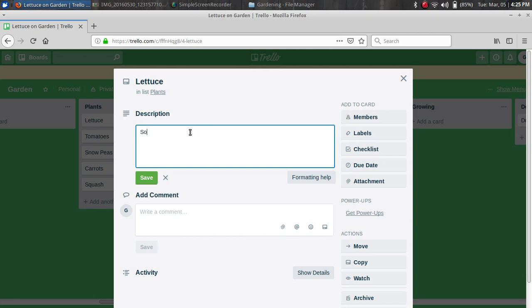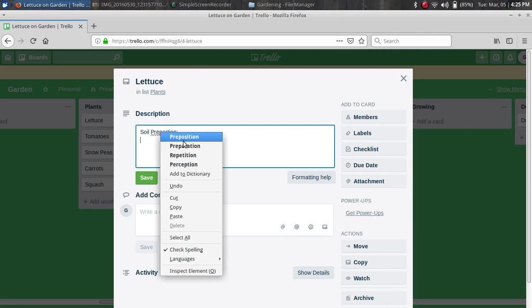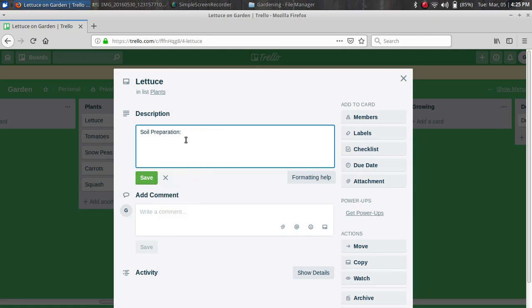So, soil information. Now, if I can only learn to type, and if I can now only learn to spell, we'll leave it at that. Soil preparation. Thank goodness for spell correction. There we are. And then we can do soil preparation,